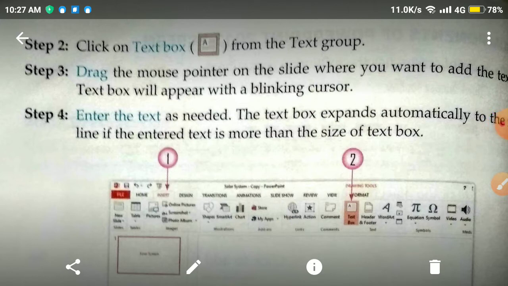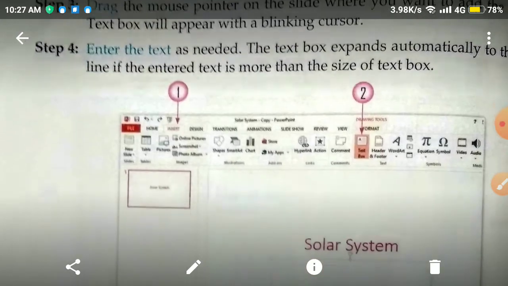Number 3, drag the mouse pointer on the slide where you want to add the text. A text box will appear with a blinking cursor. Step number 4, enter the text as needed. The text box expands automatically to the next line if the entered text is more than the size of the text box.